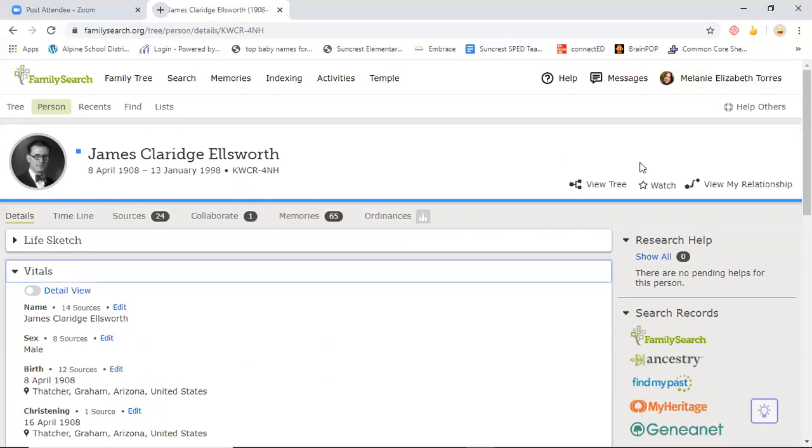Over here on the right, you have the view tree option. So it'll make this person on the profile the focus person on the tree. If you do that, you can press watch, where you'll be notified of updates to the person. So if anybody changes, if you want to pay attention to an ancestor and see what changes people make to them, that's a nice tool. And you can find those under lists right here,